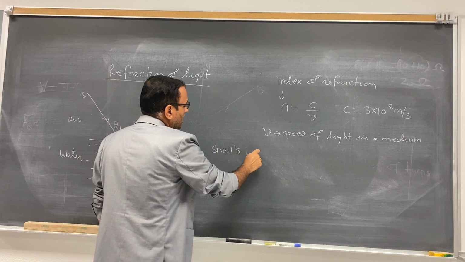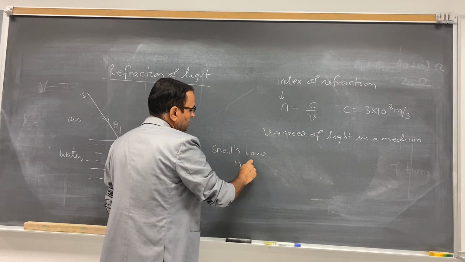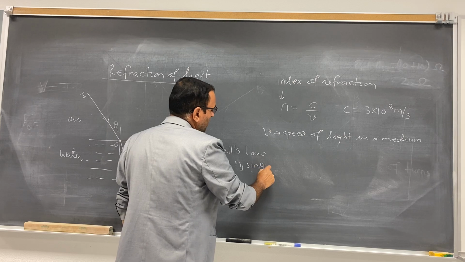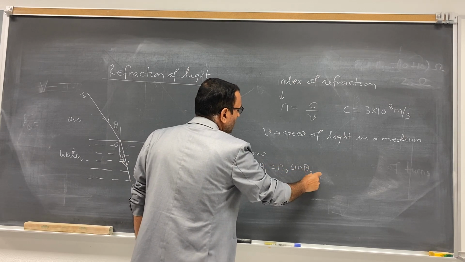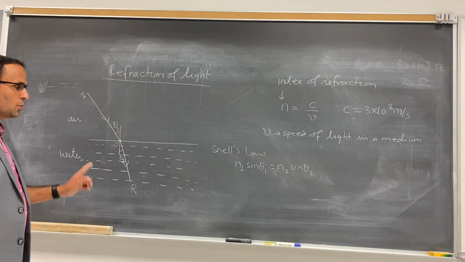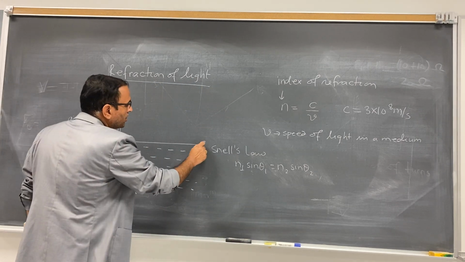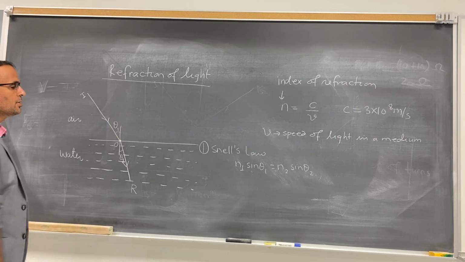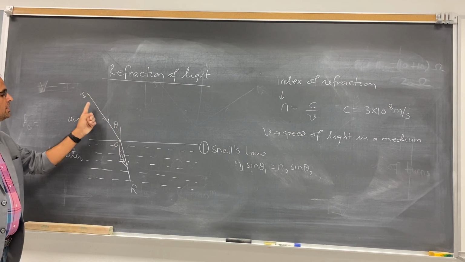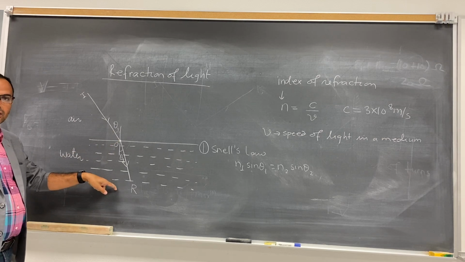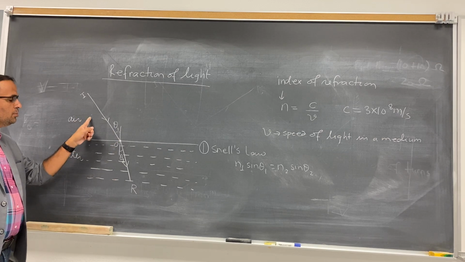Snell's law is n1 sine theta 1 equal to n2 sine theta 2. This is Snell's law number 1. You can call it the law of refraction, the first law. The second law is, if the ray of light travels from air to water,